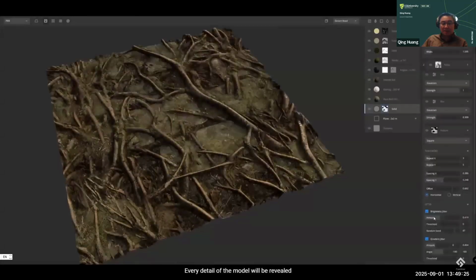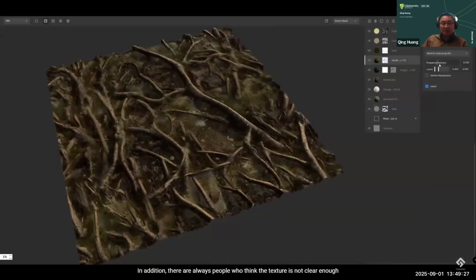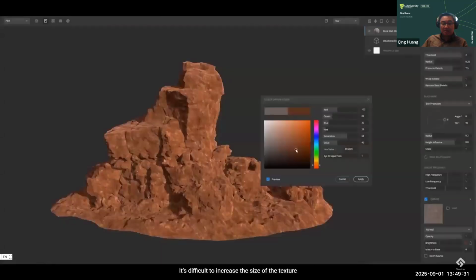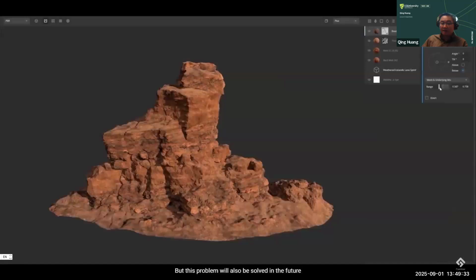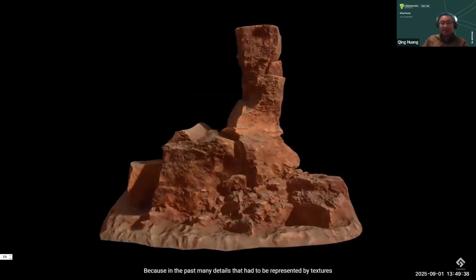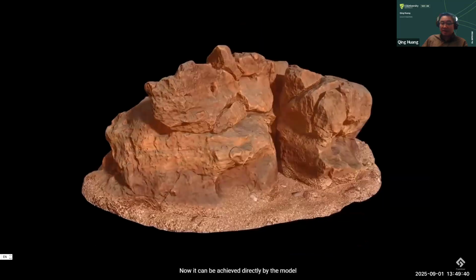模型里每个细节都将丝毫毕现。另外，现在有人总觉得贴图不够清晰，就算是4K贴图，靠近的看一样模糊。So it combined with the real life scanning, 3D scanning of the terrains with very much details. 而再提高贴图细节度，让整体看起来更清晰。因为过去很多要靠贴图来表现的细节，现在可以直接靠模型来体现。